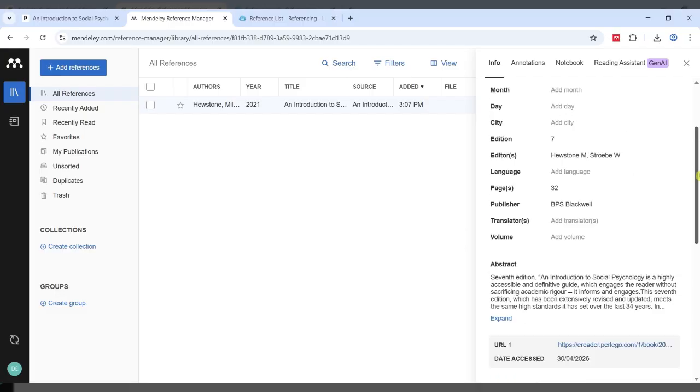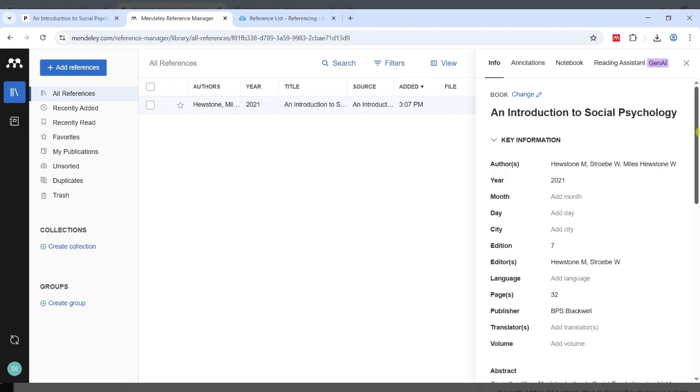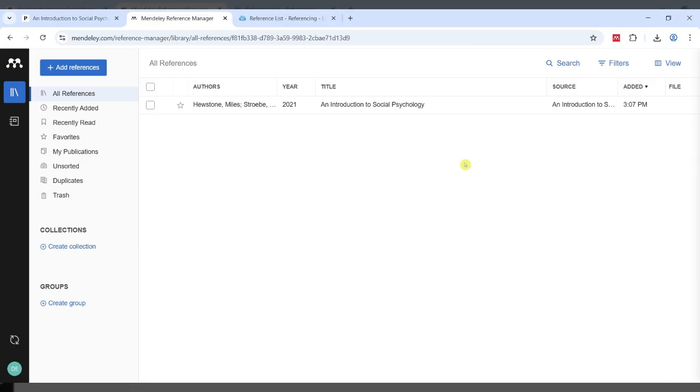And this also goes for if you've added it to your Word document further down the road and you have your reference list and you see any mistakes, this is the place you should come back to edit it. So you shouldn't edit it in the Word document, as that will automatically take the information from the Mendeley library. So this is the place to always make any changes you think you need. So that is the way I would recommend adding books from Perlego.